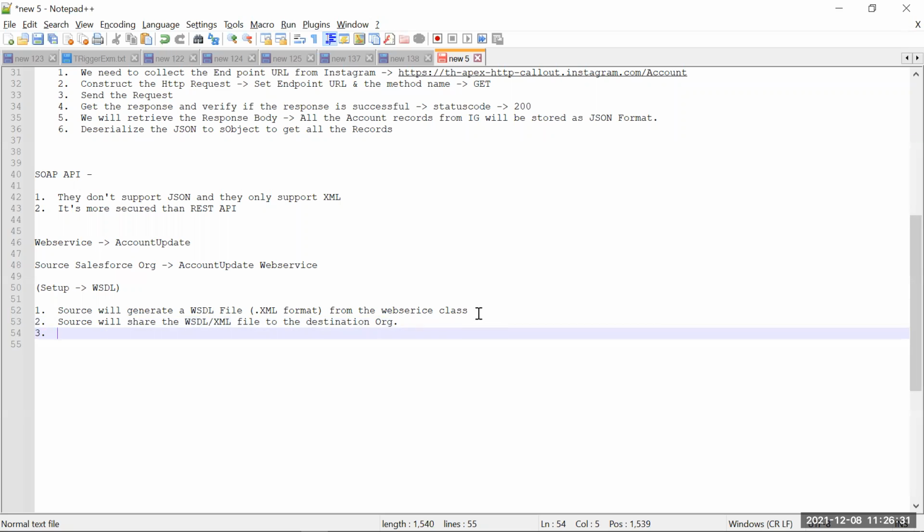So now this is all done by the source. Now the destination org will take the WSDL file and import it in their org